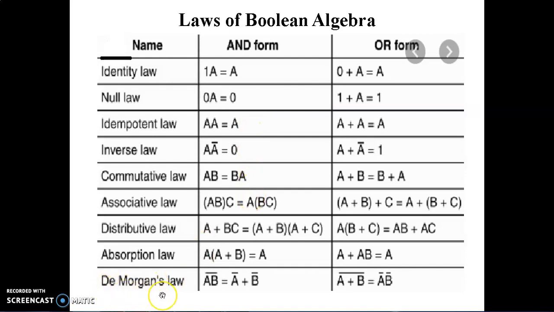So this is applicable to all other equations here. This is De Morgan's law or De Morgan's theorem. It has two statements. The first statement states that the complement of a product is equal to the sum of the individual complements. The second law states that the complement of a sum is equal to the product of the individual complements. The bar is called the complement. So all these equations are very important. It is necessary to remember these equations in order to solve a given Boolean equation.